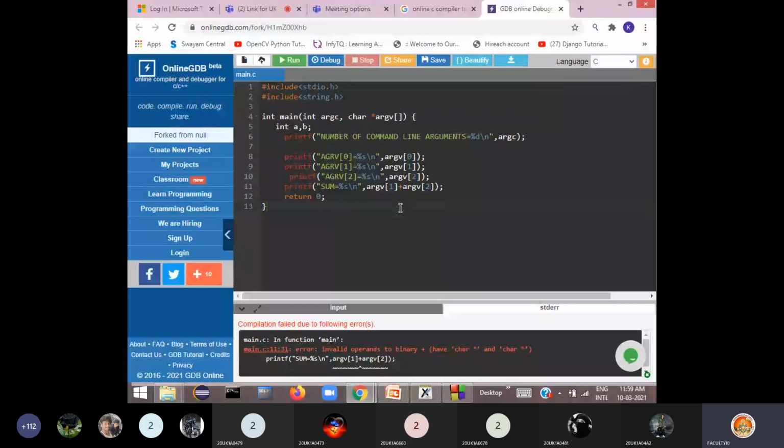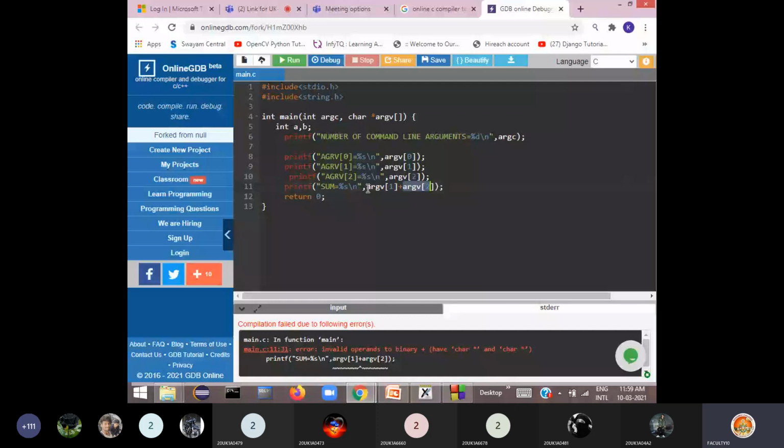Error: invalid operands to binary plus, argv of 1 plus argv of 2. So it has given an error. Why? Because argv of 1 is taken as a string there, and argv of 2 is taken as a string. The addition operator cannot add two strings, so that's why it is giving an error here.